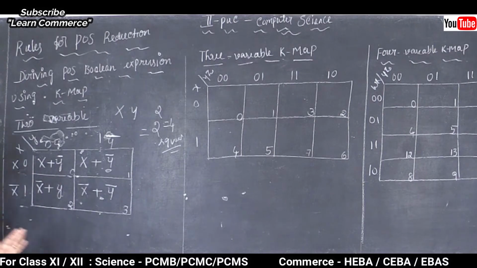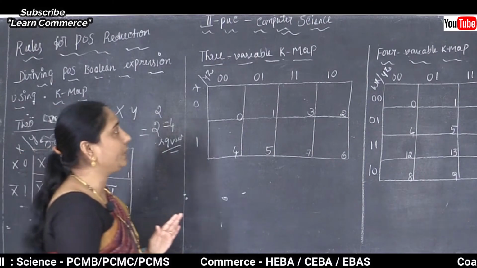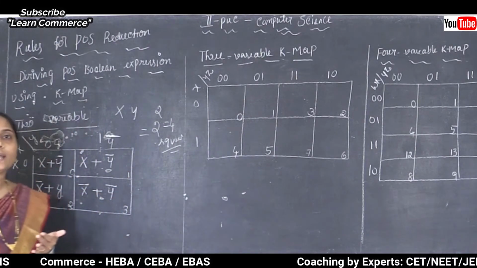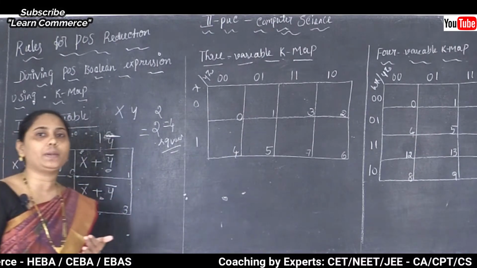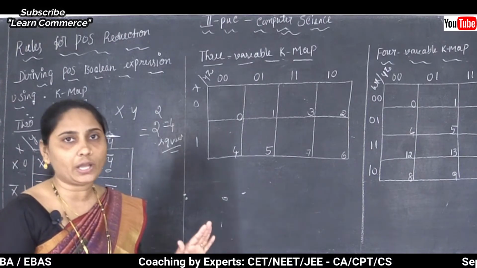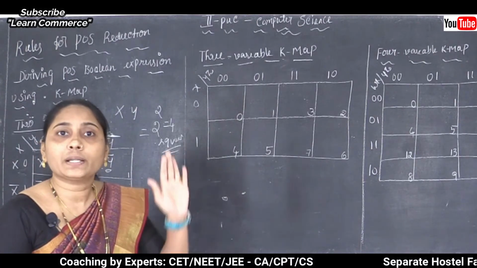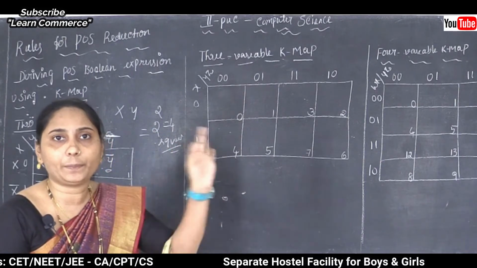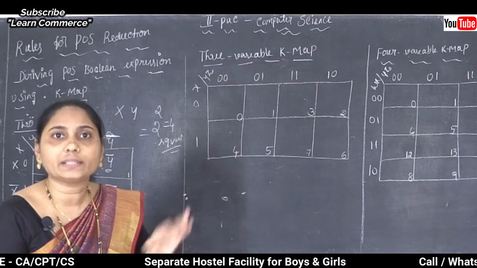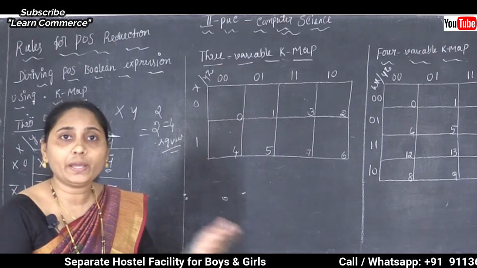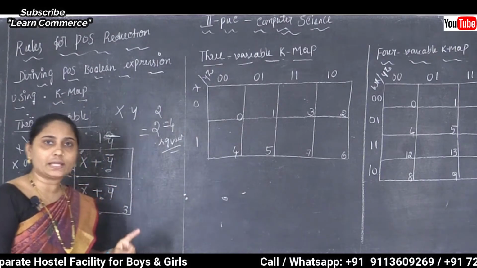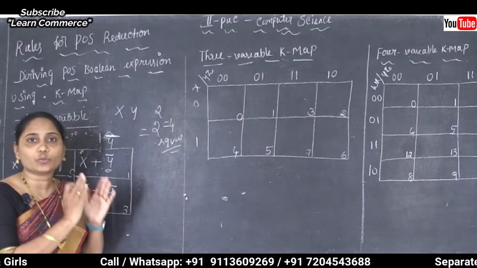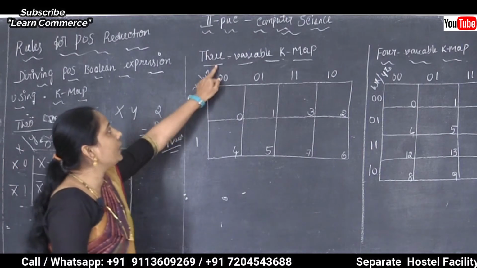Now after completing that, we are going to complete our 3 variable K map. Maybe the variable names are x, y, z, or maybe the variable names are A, B, C. There is no effect on the variables, so should we take only ABC here? Maybe the variable name is XYZ. That means we are going to take the variable names as XYZ. Okay. Now the 3 variable K map.